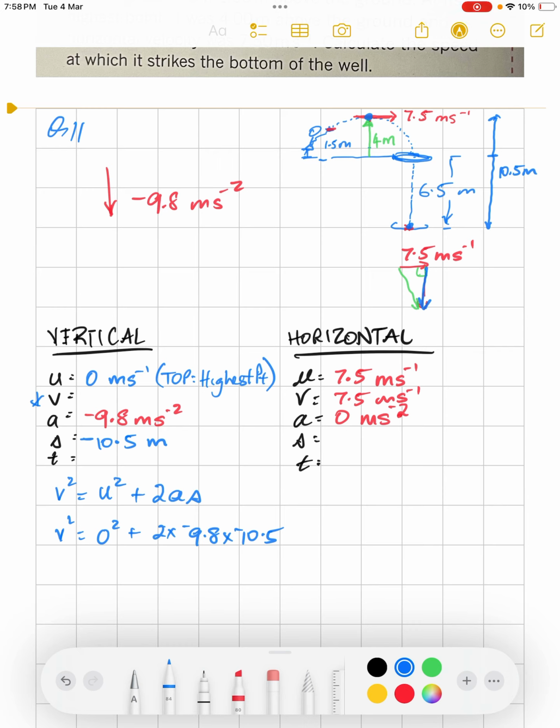So we've got 2 times 9.8 times 10.5, and there's 2 negatives, makes a positive. And so V squared is going to equal 205.8. Now, if we get the square root of that,